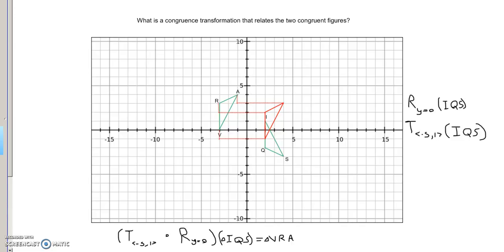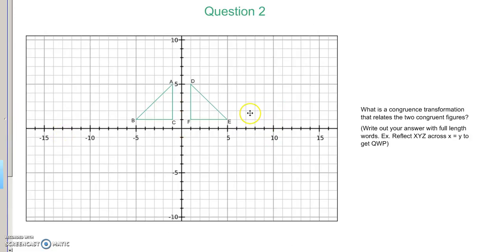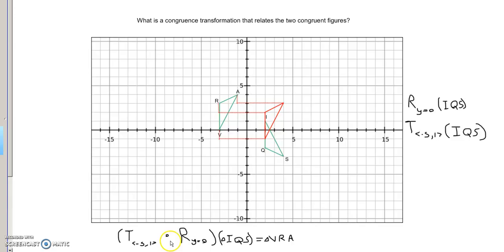All right. So lastly, we'll end on a question. Hopefully this should be a lot easier since we just did 2 more difficult problems. But I just want you to write out one congruence transformation that relates these 2 figures shown right there. Now I know you can't use subscripts for the answer, so what I want you to do is instead just write out your answer in full-length words, right? So if you look at here, this says